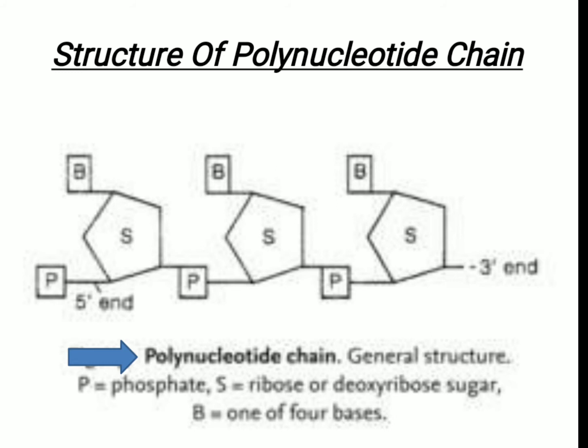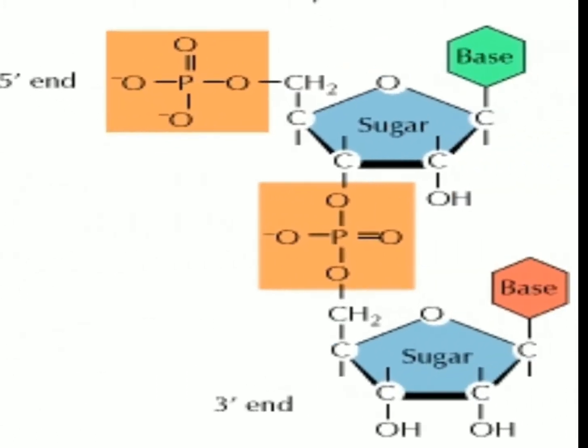There are two types of nitrogenous bases, purines and pyrimidines. The purines are further of two types, adenine and guanine, and the pyrimidines are cytosine, uracil, and thymine. It would become clearer from this figure. As I just told you, pyrimidines are of three types: cytosine, uracil, and thymine.